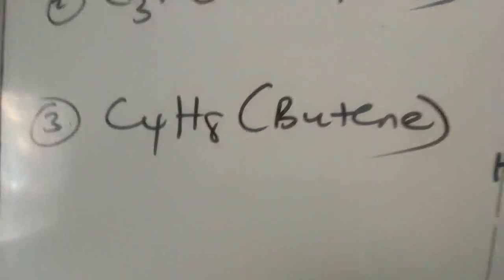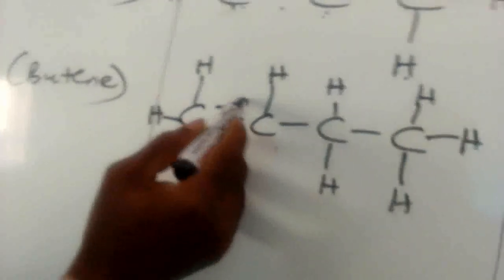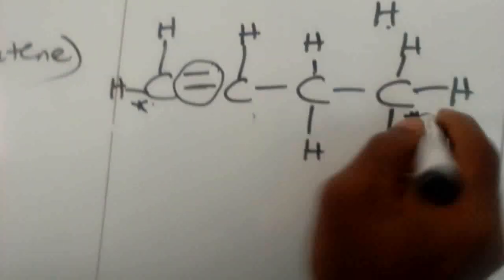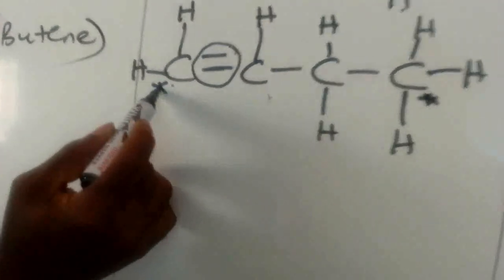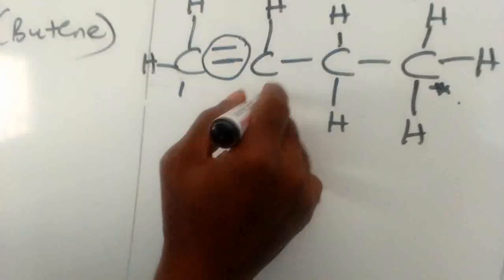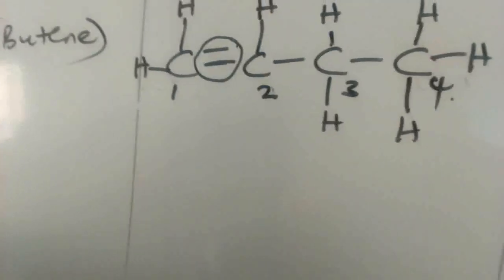Now, if I want to name this butene, I number from the carbon nearest to the double bond, the functional group. There are 2 carbon atoms at the extreme, this one and that one. Which of them is nearest to the double bond? It is this one here. So I have to start numbering from this side, not from the other side. So I have 1, 2, 3, 4. So the name of this compound is